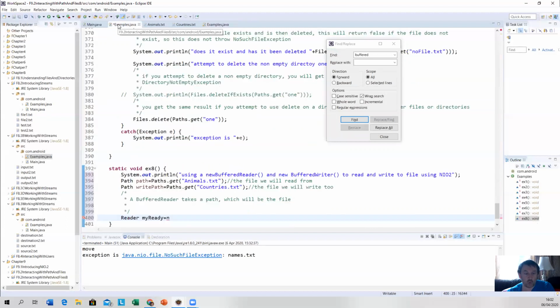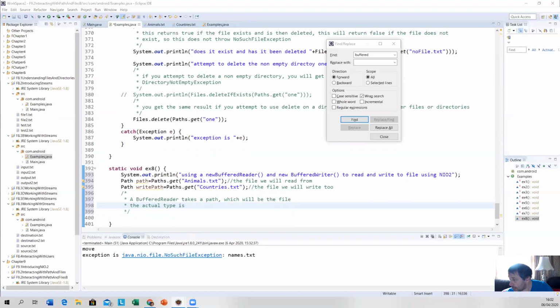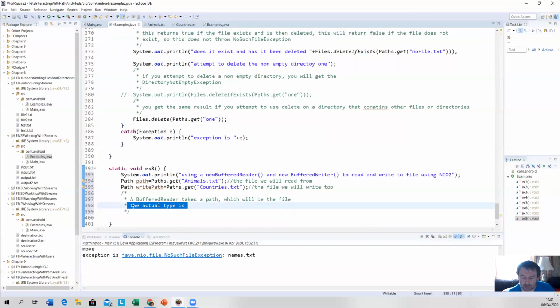Now, however, when we're creating these buffered readers, the actual type is this, okay? Actually no, we'll do this example. Sorry, I'm talking a bit here, okay? So a buffered reader takes a path, which will be the file you are reading,